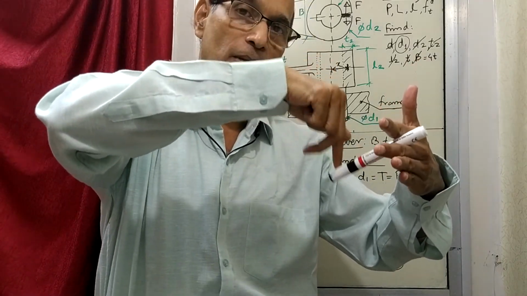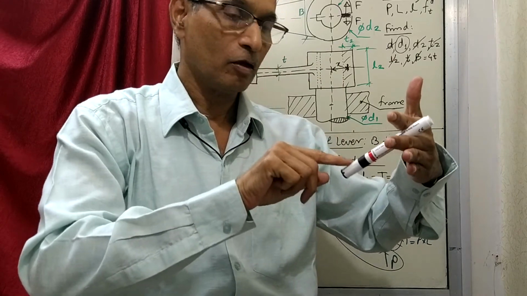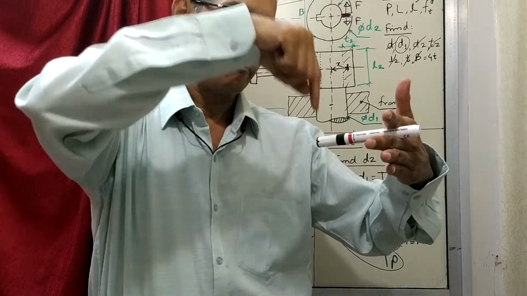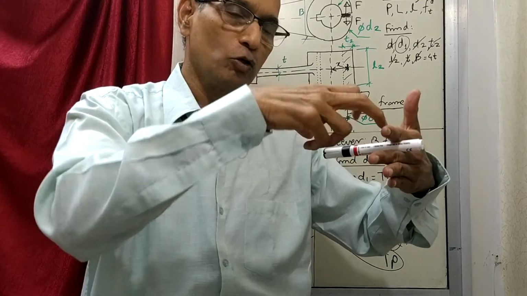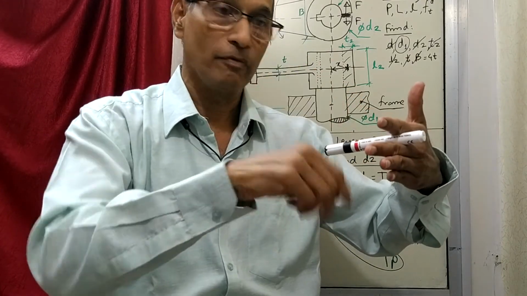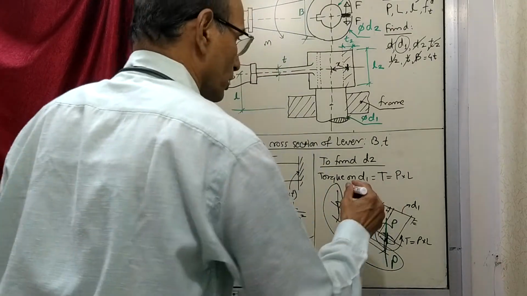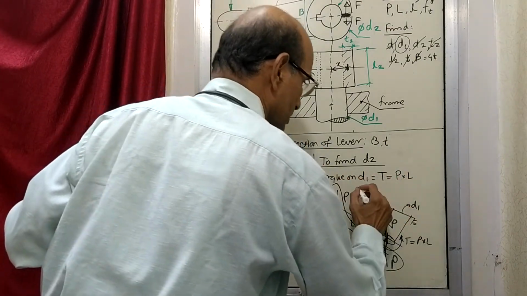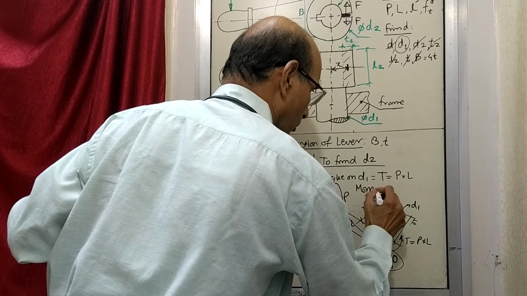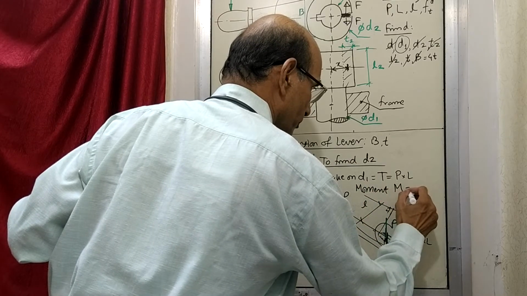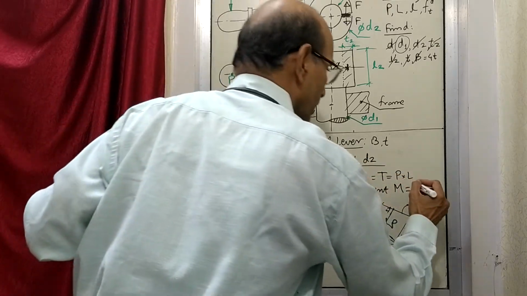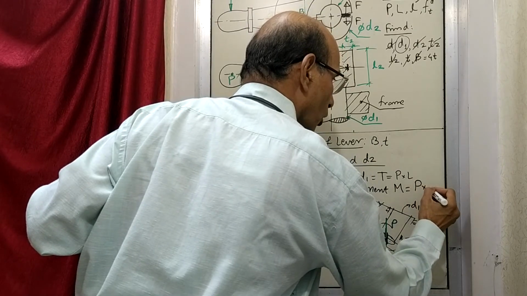Now what is this force doing? It is causing a bending. Now how much is bending? Bending moment P into this distance. So P into small l is the amount of bending which is acting on this. So by all this exercise, what we are finally concluding is torque on D1 is this. Similarly, I'll write here moment, which is M, again that is also on D1, is equal to P into small l.